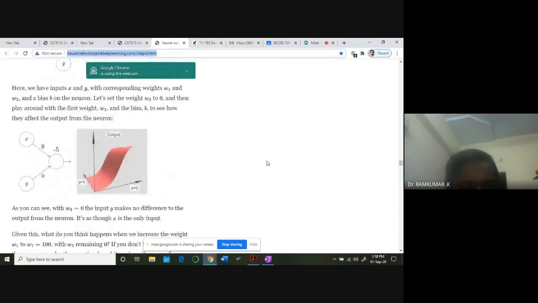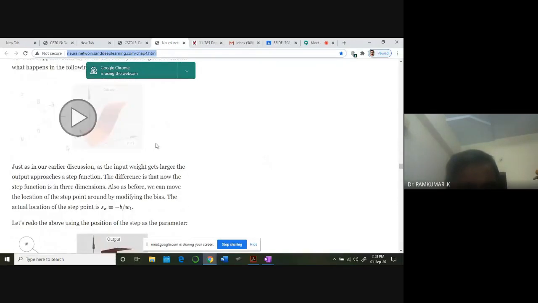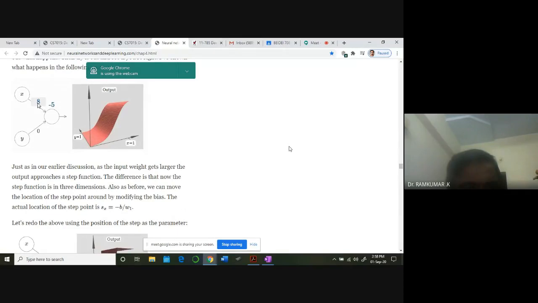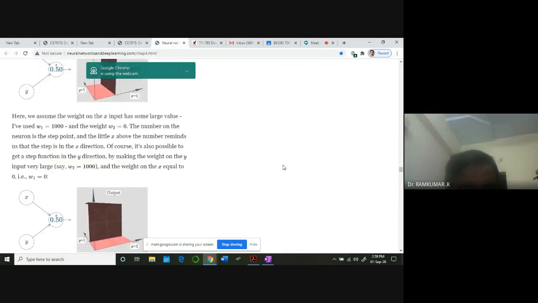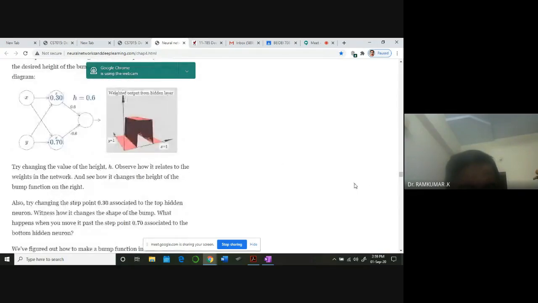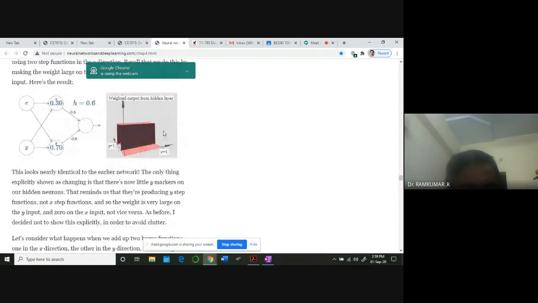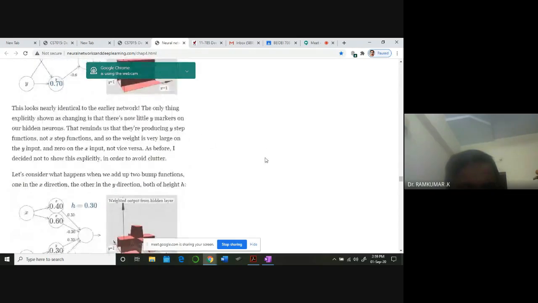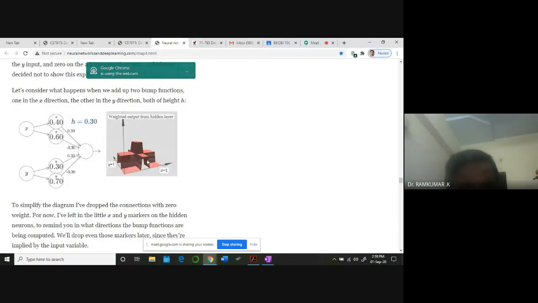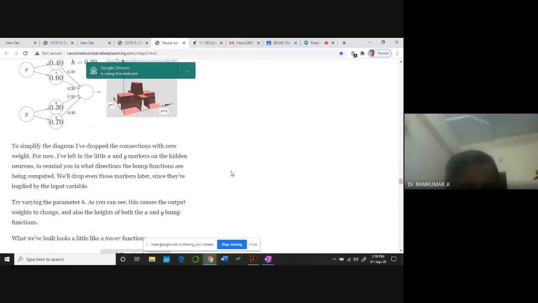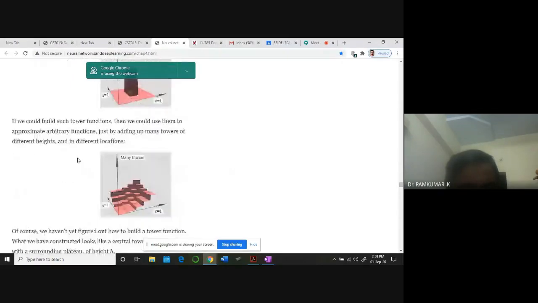By updating. Yeah, you see this, you get some idea. Change the weight, what's happening? Same idea. Change the bias, what's happening? Two-dimensional case, two inputs. So now look at this. I build a tower like this and weight the output from the hidden layer. So use a hidden layer and build multiple towers like this. Many towers.